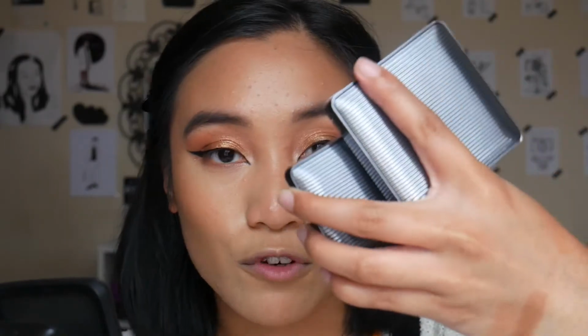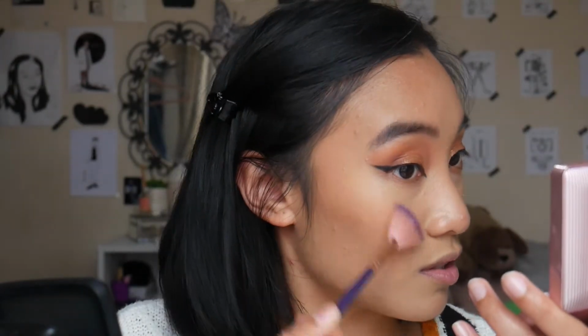And the packaging, you see what I mean? Having distinctive packaging to distinguish some products is going to be so good, unlike the eyeshadow and bronzer where they're in the same packaging. I just kind of wish that they came out with a different set of packaging for one or the other. But anyway, I'm still complaining about packaging. We're going to put this on my face. So where's the highlighter? I'm just going to put my highlighter brush and just...